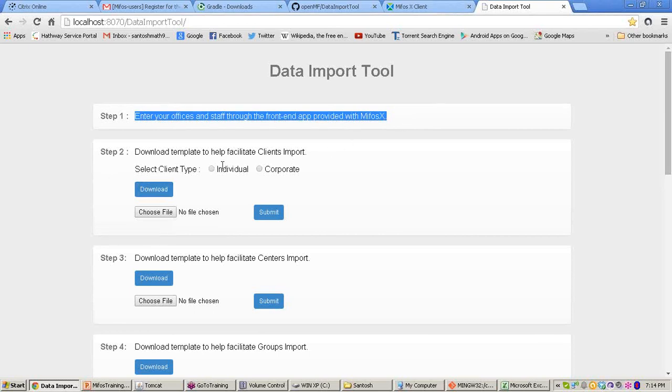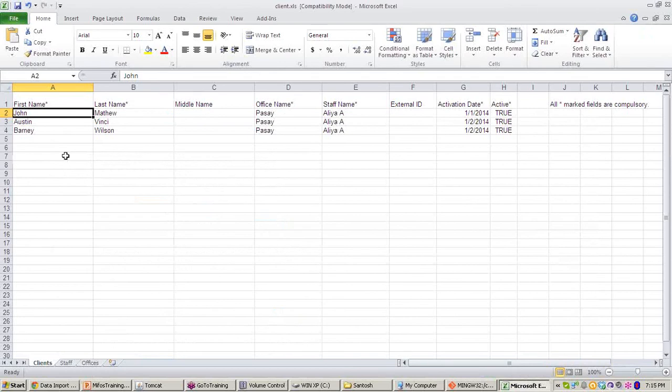And in the second step, we have created 3 clients. Similarly, using this Excel sheet, you can create any number of clients. Say you already have an organization, an MFI, with thousands of clients, and right now you start using MIFOS and want to enter thousands of clients. This is the best tool you can rely upon.